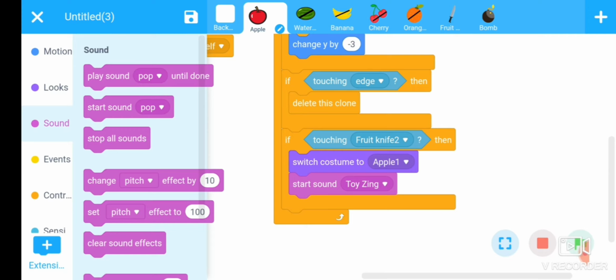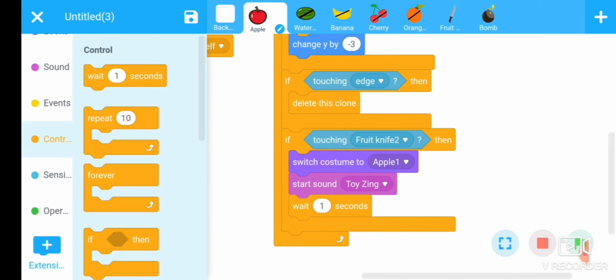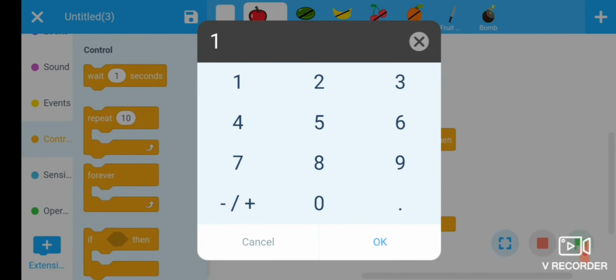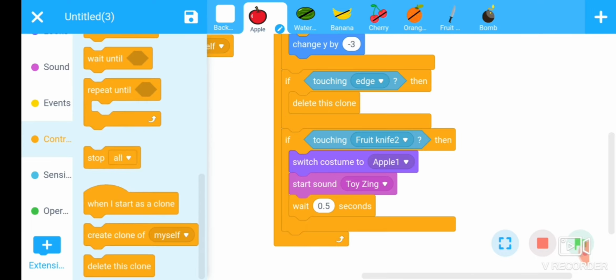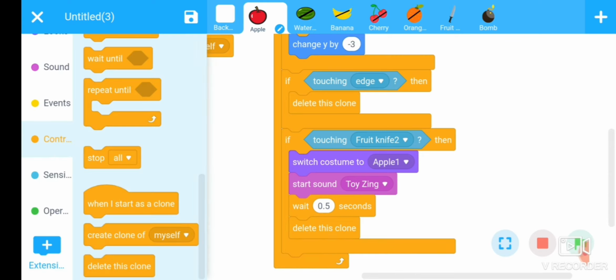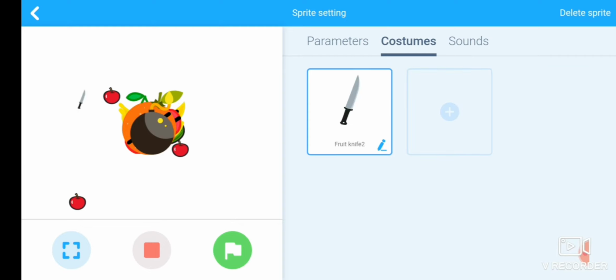Now add a wait here of 0.5 second, and then this apple should be deleted from the screen. There is a command, delete this clone. Okay, fine, and then run this. You can see on the screen.